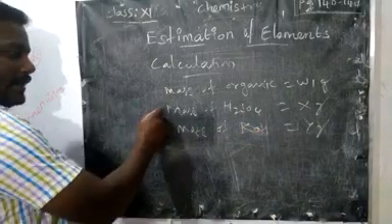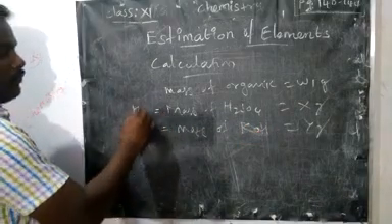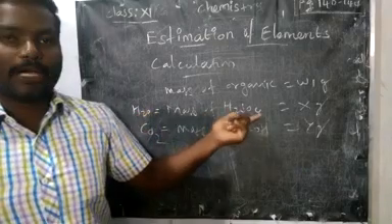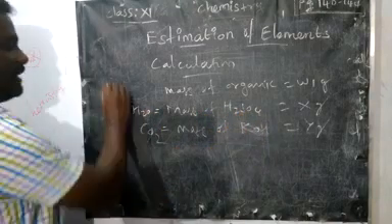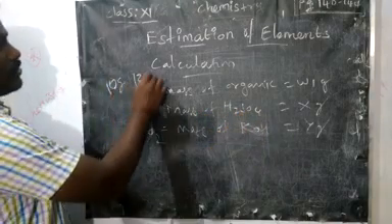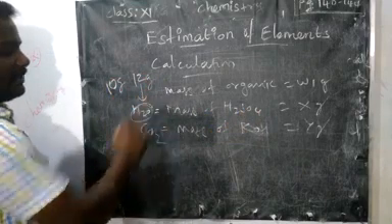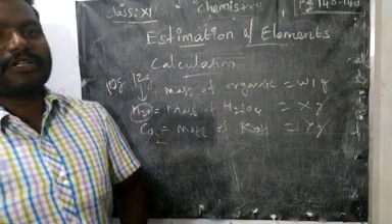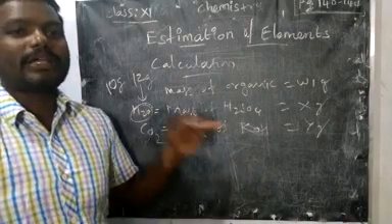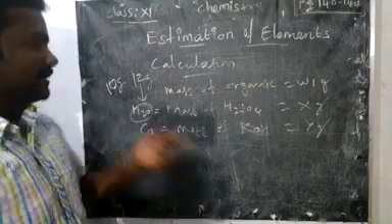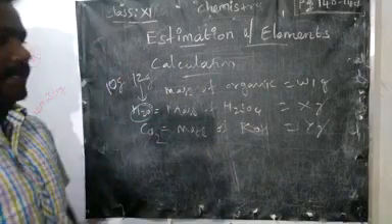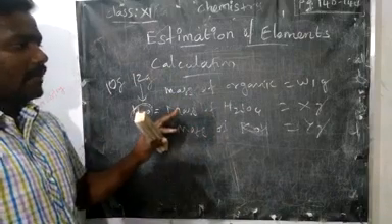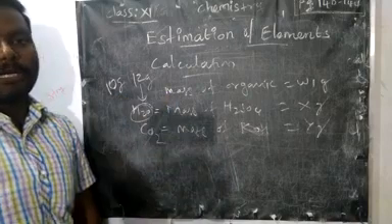Now it is equal to what? Mass of water, mass of CO2. How, sir? See, initially how much H2SO4 was taken? For example, you say 10 gram. Now it is 12 gram, meaning the 2 gram is nothing but the mass of water, right? So we have to find the difference between the mass of H2SO4 and KOH, initial and final, that is equal to the mass of water and carbon dioxide, right? Now we have to find the mass of each, carbon and hydrogen.